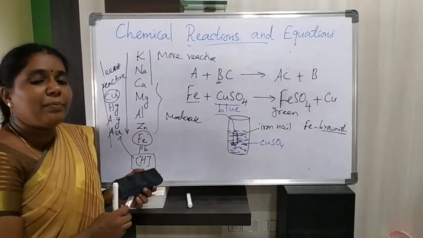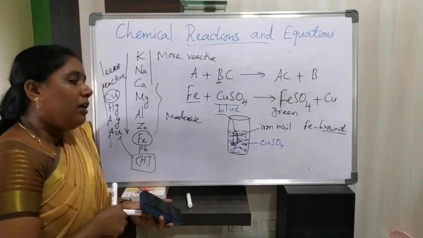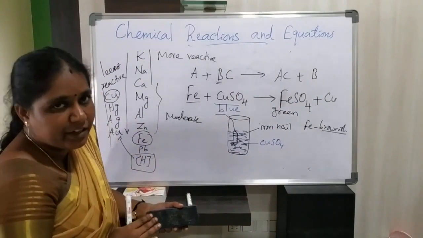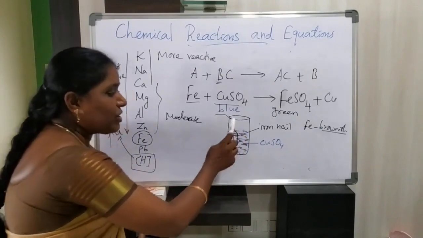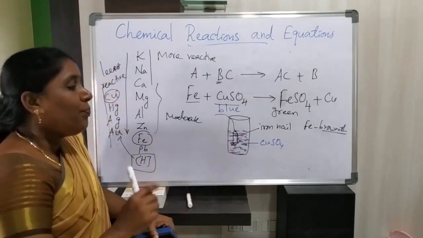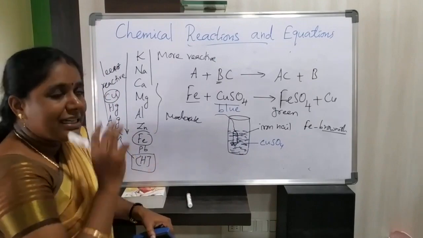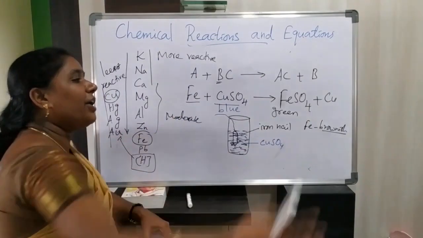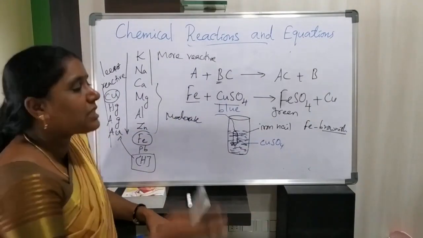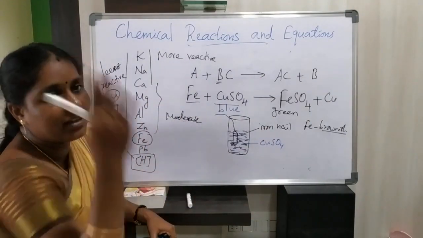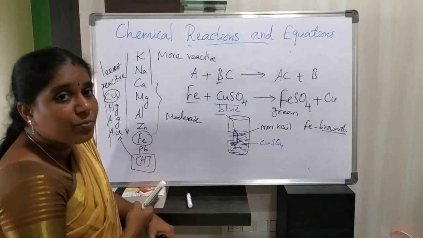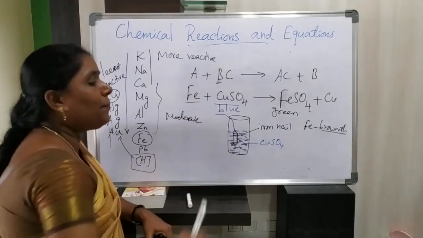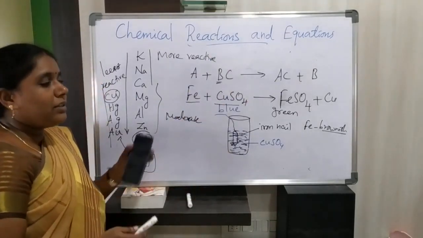So in your examination they may ask an activity like this: explain the activity between iron nail and copper sulfate solution. You have to take one test tube, add one iron nail, and both react; the blue color copper sulfate changes into green color, then iron acquires a brownish look. This is because iron is more reactive than copper, so iron displaces copper from copper sulfate solution. Okay, this is the answer.